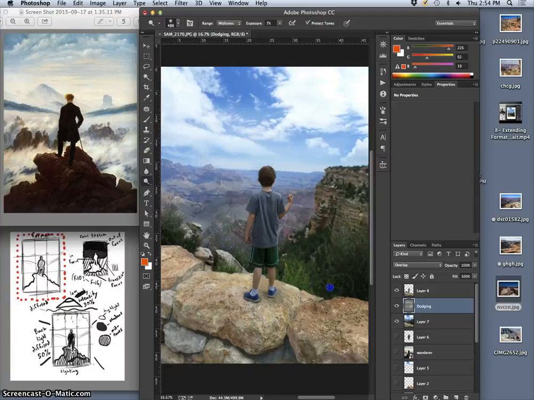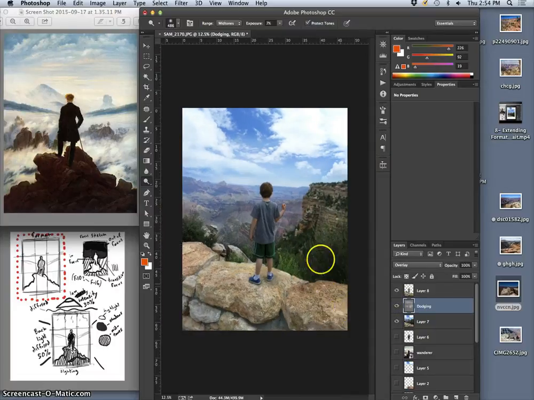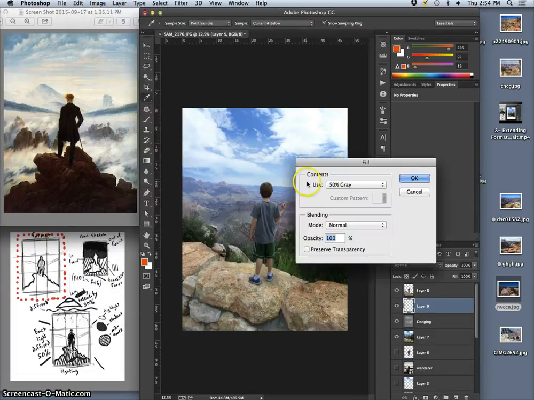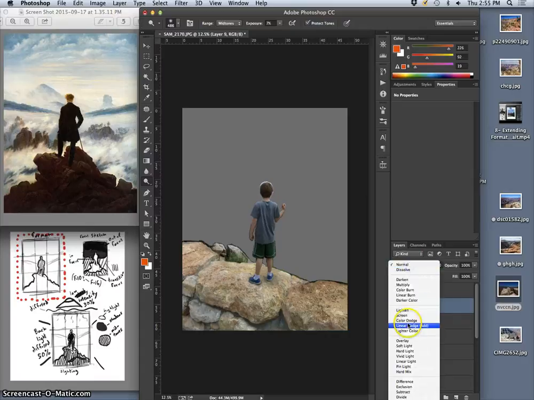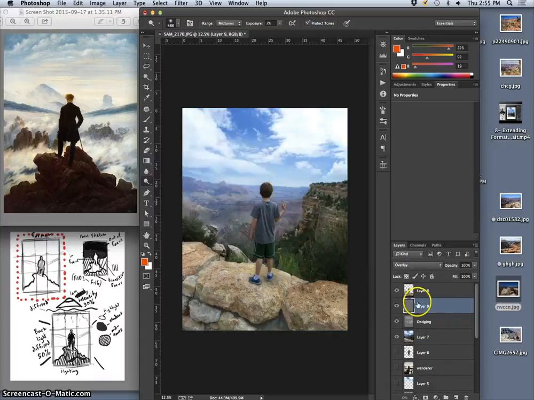Now, is there anywhere in the background that's without the dodging? That's with the dodging. You see, it's all on my overlay layer here. Makes a nice difference. Is there anywhere in the background I want to darken it? Well, if there are, I want to do a new layer, fill it with middle gray. So just an easy way to separate your dodging and burning from your actual exposure. Set it to overlay mode. And this is going to be